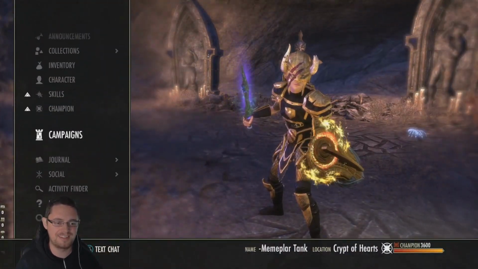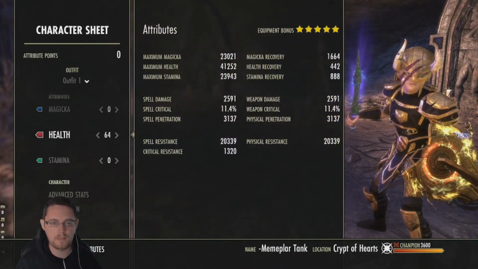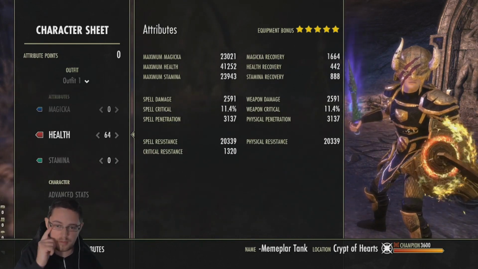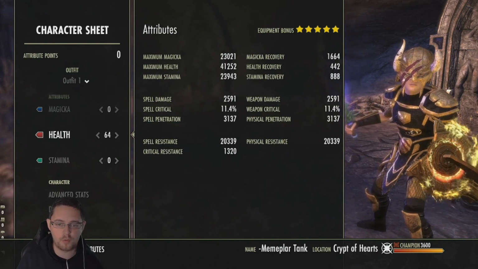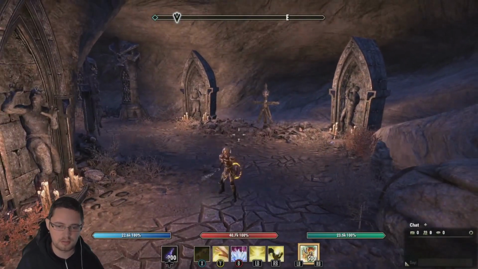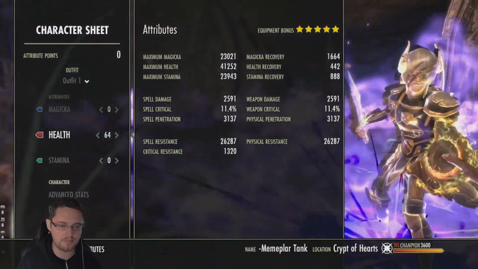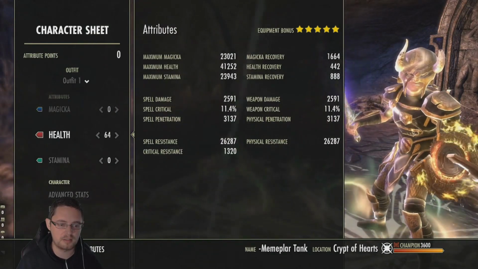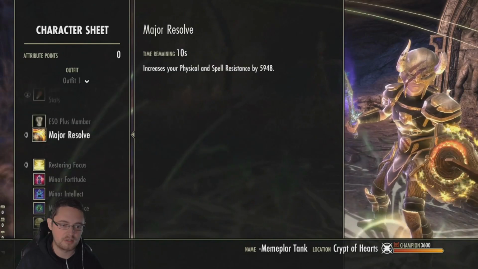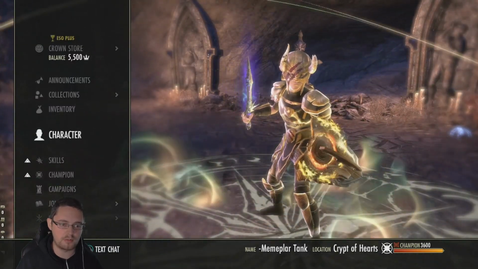So we'll start off. We've got all our points into health, 64 points into health, nice bit of stats there: 23k magicka, 24k stamina, 1.6k magicka recovery, 41k max health. Resistances buffed up, 26k, 26k. So plenty of stuff going on there. We've got the Atronach Monster Stone, tri-stat food. And there we go. In terms of the skills,